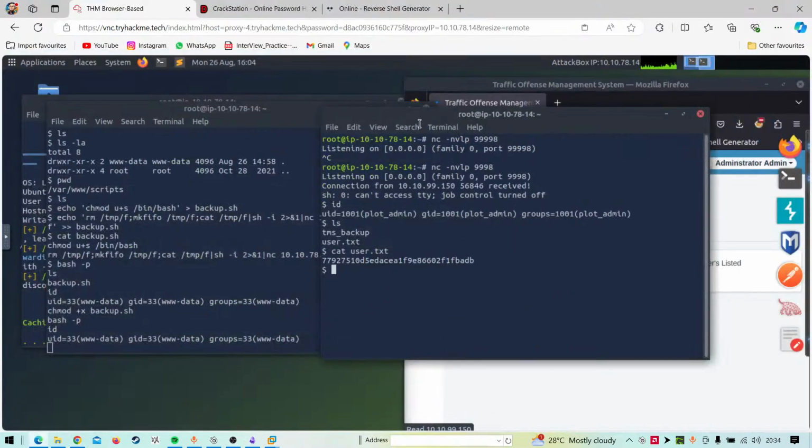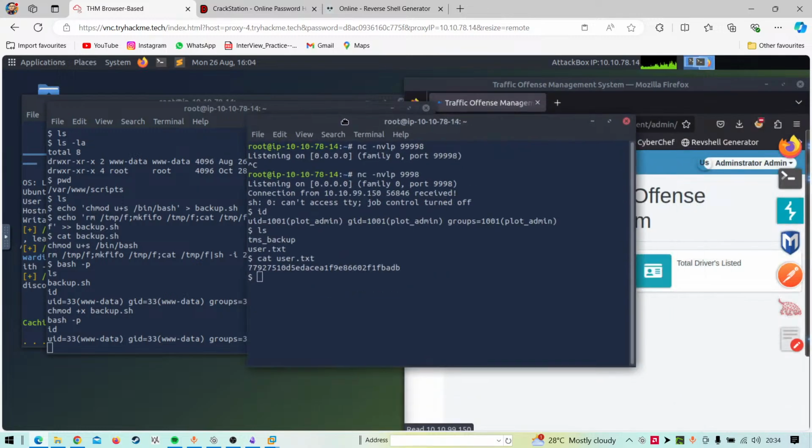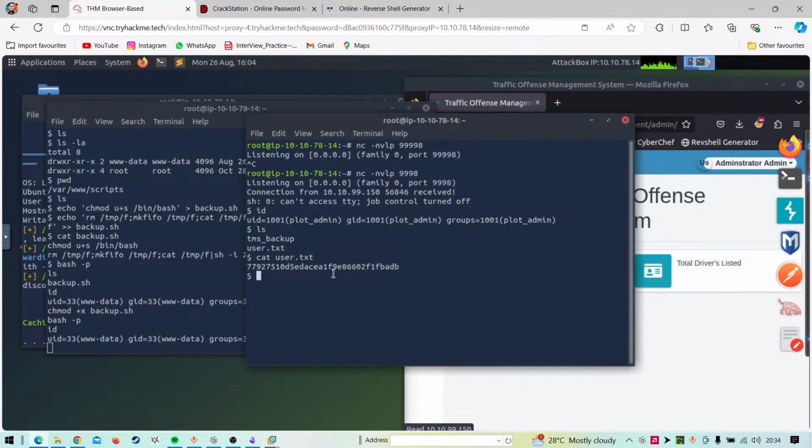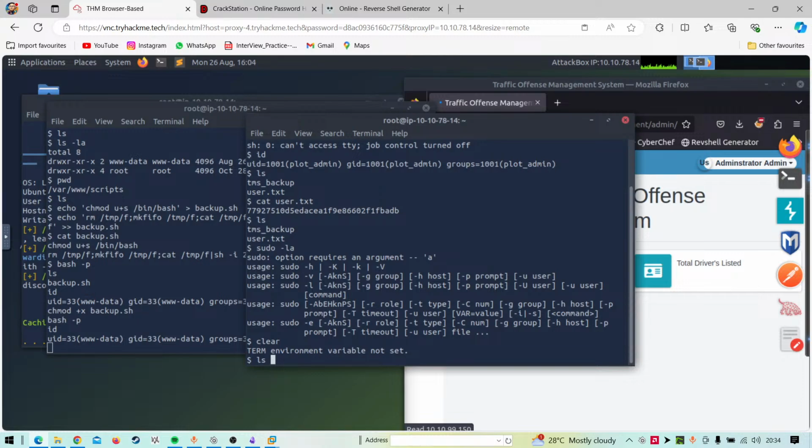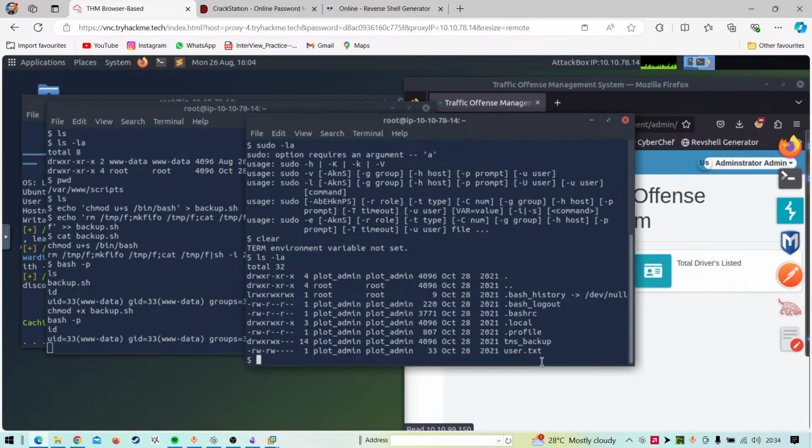Okay. So we now have to find a way for privilege escalation, right? We don't have the password for plot admin. You know why? Because we got a shell from a reverse shell. So that's one more issue. And if I do ls -la, we have tmp, this particular file.